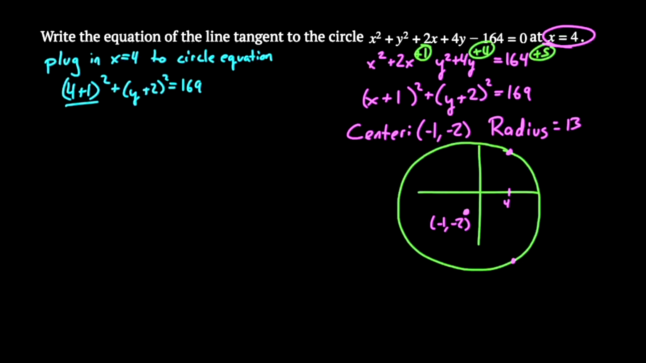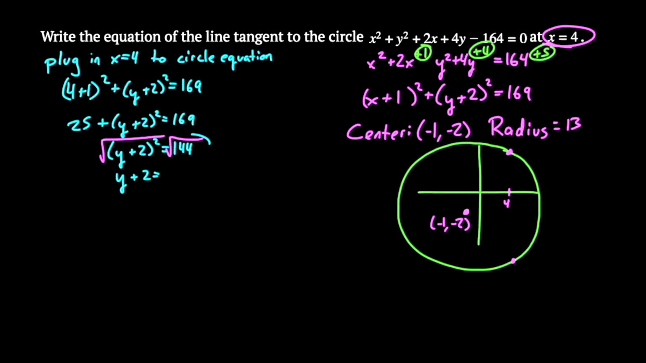All right, so 4 plus 1 is 5, 5 squared is 25. So I've got 25 plus this stuff equals 169. So I'll subtract that over to the other side, and I get 144. And that's nice because that's a perfect square. So now if I try to get rid of this square, I'd square root both sides, and I get y plus 2 equals,